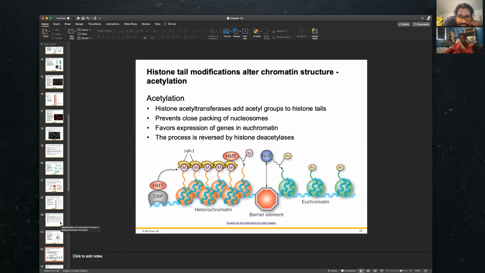Here's acetylation. Something called a histone acetyltransferase, an enzyme, adds acetyl groups to histone tails. An acetyl group is basically a carbonyl group with